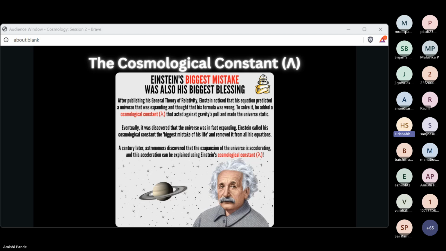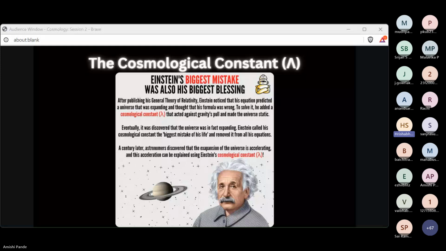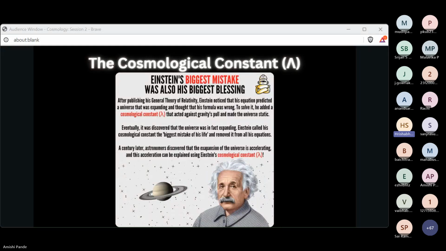I'll just quickly say that in the initial theory of relativity, the field equation, Einstein introduced an additional term which was not there when I showed you it, which was the term that consisted of lambda, or the dark energy. The problem was when Einstein solved that field equation, he found a solution which actually showed that the universe is not static, it is changing. That did not mean that it is expanding or contracting, but it is not static. No one liked the idea of a non-static universe then, and Einstein called the cosmological constant his biggest blunder. What he did was he set it to a value of 0 and removed the cosmological constant from all of his equations. But then later on, when Hubble discovered that the universe is expanding,